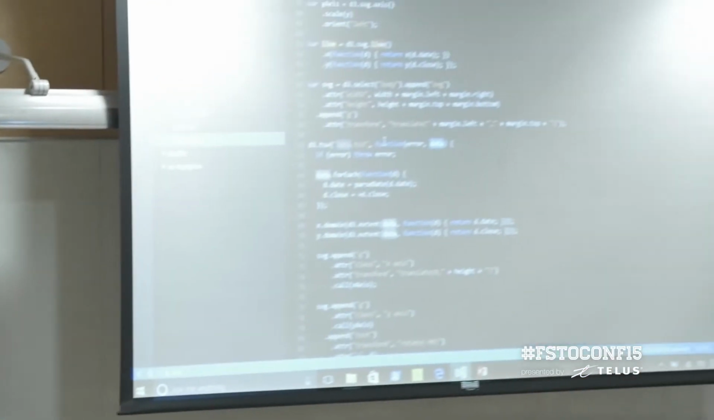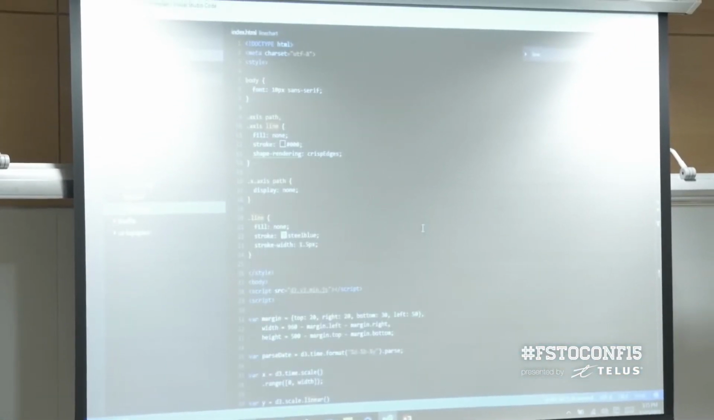I'm going to flip out of my PowerPoint and open up Visual Studio Code and show you my index.html. So here's an example of